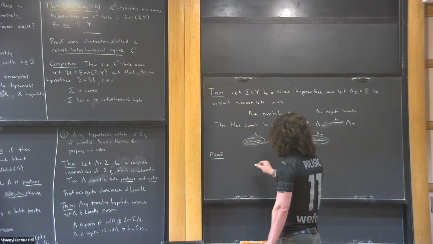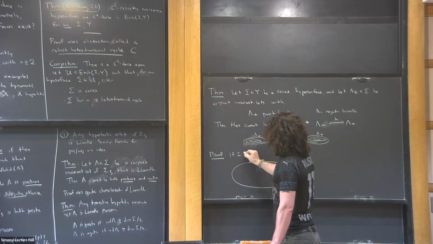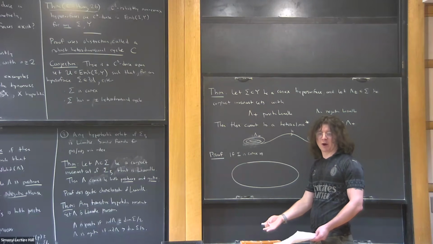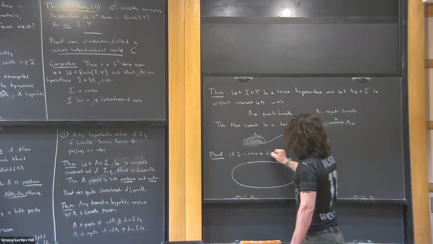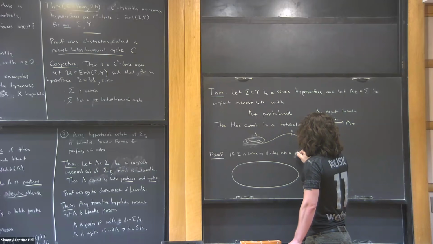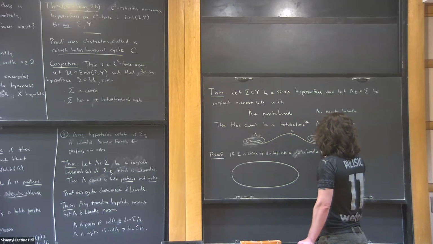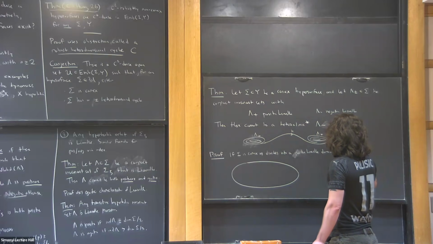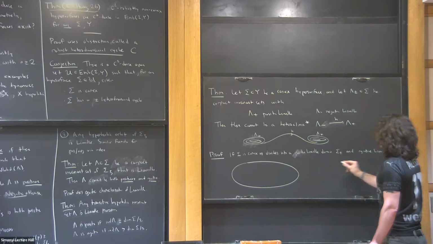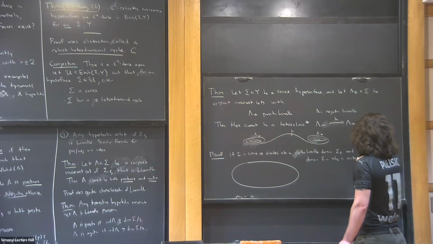If sigma is convex, then an extremely well-known topological property of convex hypersurfaces is that any convex hypersurface divides into a positive Liouville domain, sigma plus, and a negative Liouville domain, sigma minus, along a contact dividing set